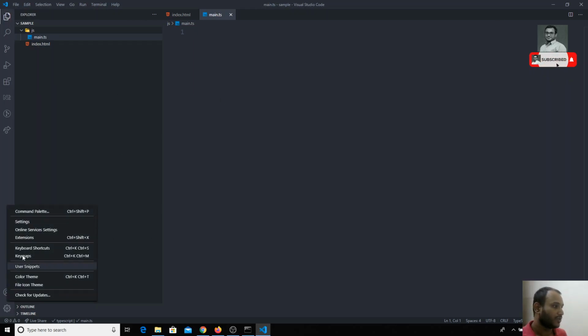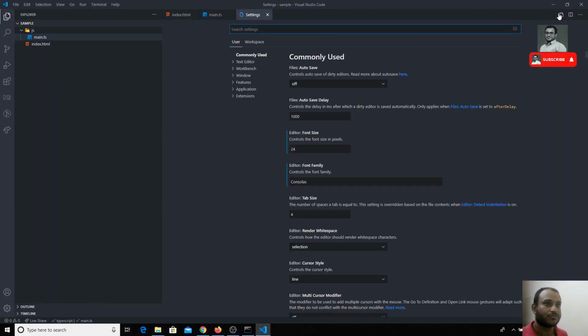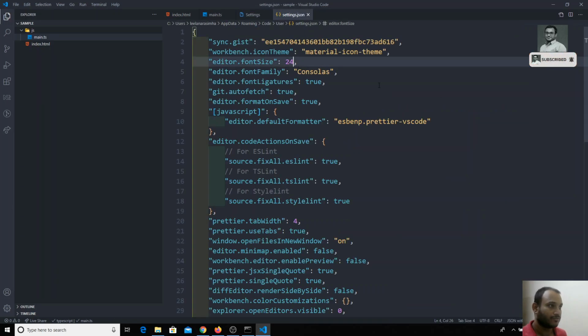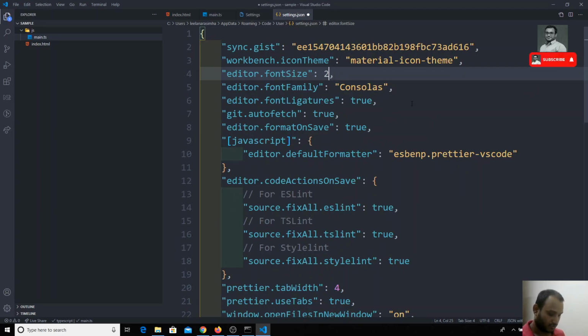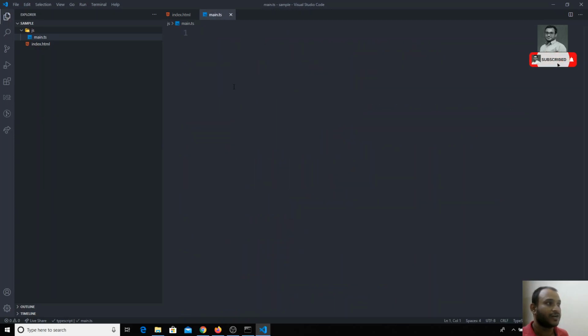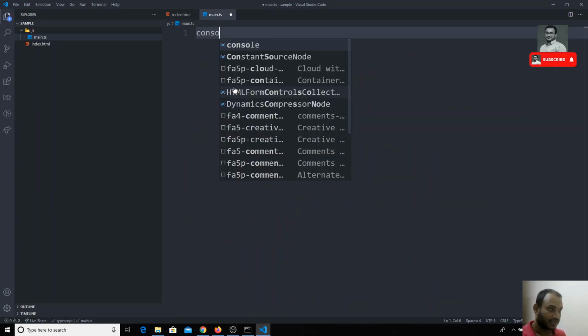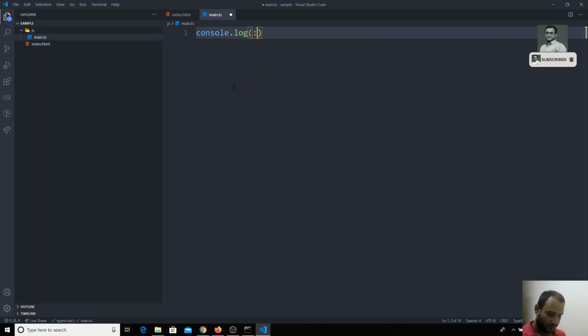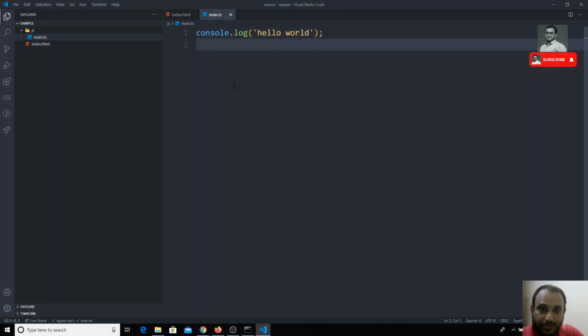If I want to increase the size of the text, I go to editor font size, and I make it 32, which is too big. Okay, I am making it 28. Now here you will be able to see main.ts. Here I will write just console.log. Remember that in TypeScript code you can write JavaScript code, but in JavaScript you cannot write TypeScript code. You need to remember this main point. Here I have written just a console.log, which is JavaScript code written in the .ts file.